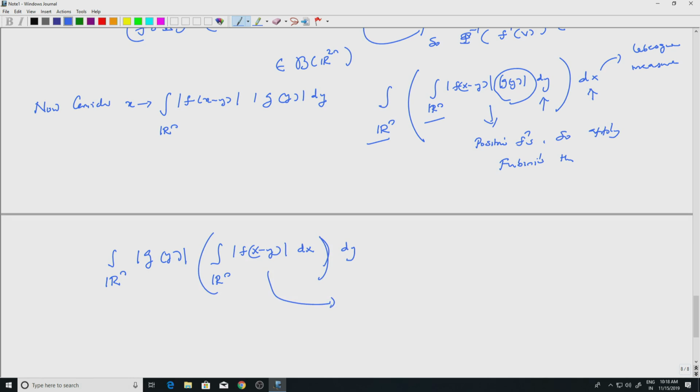But what is this? The Lebesgue measure is translation invariant. So if I translate the function and integrate, I will get the integral of the function. So this is equal to the integral over R^n of modulus of f of x dx. In Riemann integration you will put x minus y equal to something and so on, so it is the same thing, which is translation invariance of Lebesgue measure. But now this is a constant which has nothing to do with y, and I have the L1 norm of g. So this becomes the L1 norm of f times the L1 norm of g, correct, which is finite because f and g are in L1.